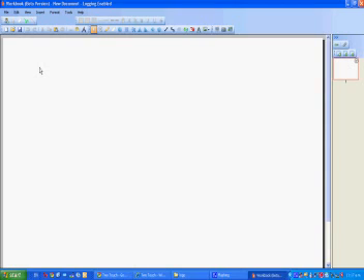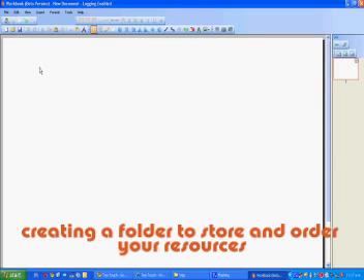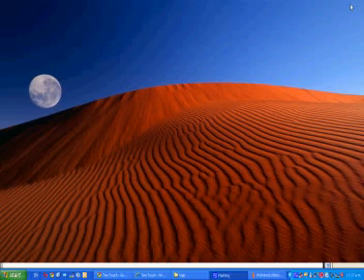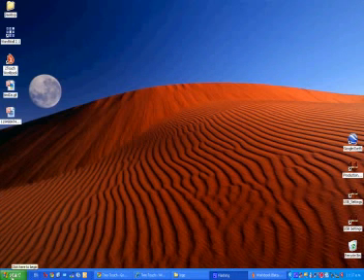Now today what we're going to do is have a look at how to create a 2Touch Workbook resources folder, where we can stick all the images or sound files or whatever resources you may want to have on your computer or download from the net, and an easy way to access those via the customizable toolbar so we can use them in Workbook. To do this, the first thing we do is quit out of Workbook, click on Start,